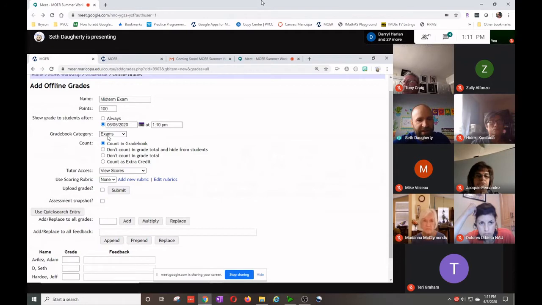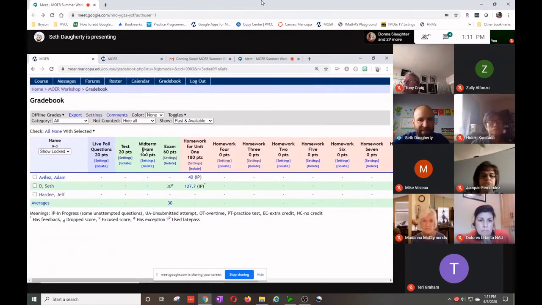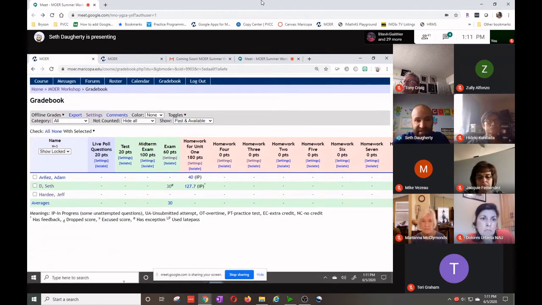I put it in the correct category and I'm going to submit that. And now notice this midterm exam, it was put in the green category with my other exams. Okay. Then once you've given this test and once you've collected them and graded them, all you do to add